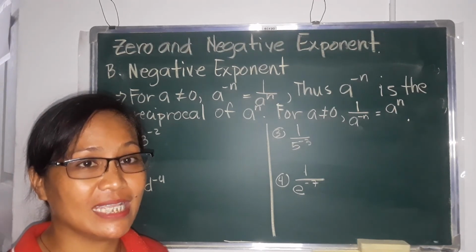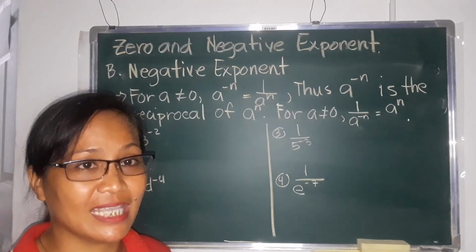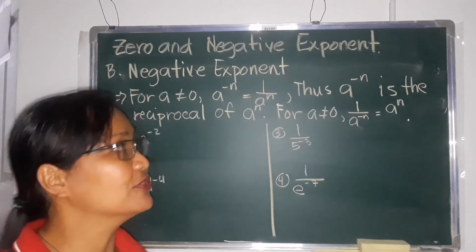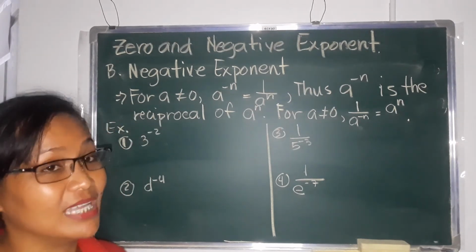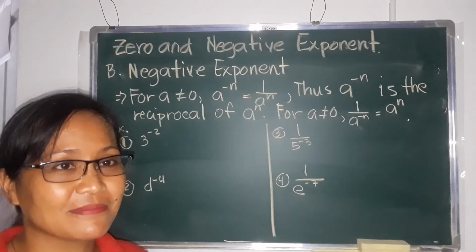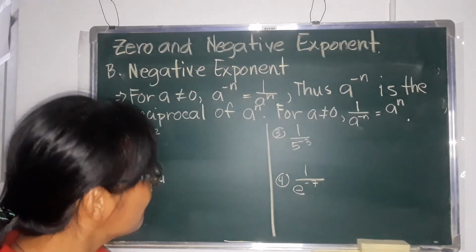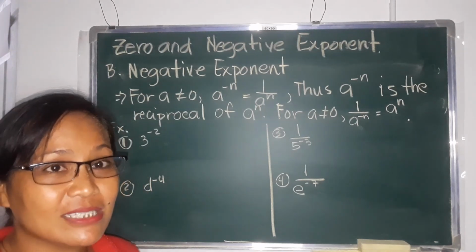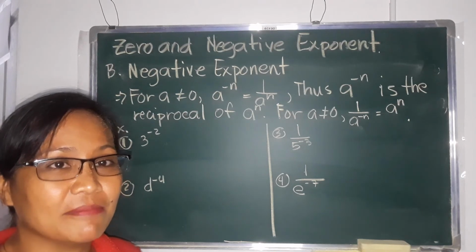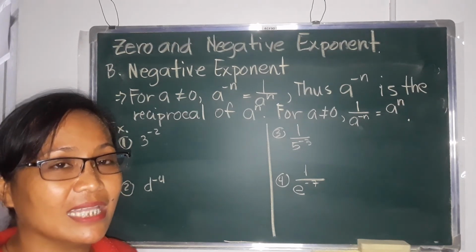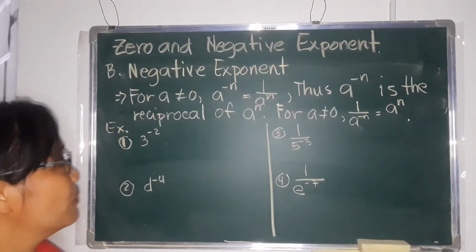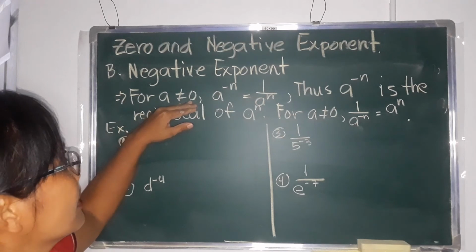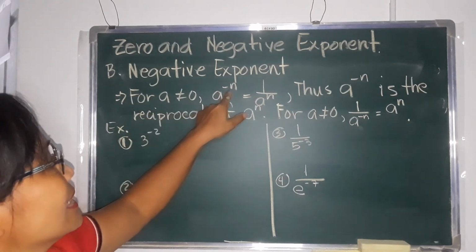So our lesson for today is the continuation of our lesson yesterday, which is the negative exponent. So our lesson for today is about negative exponent. So when we say negative exponent, for a is not equal to 0, a raised to negative